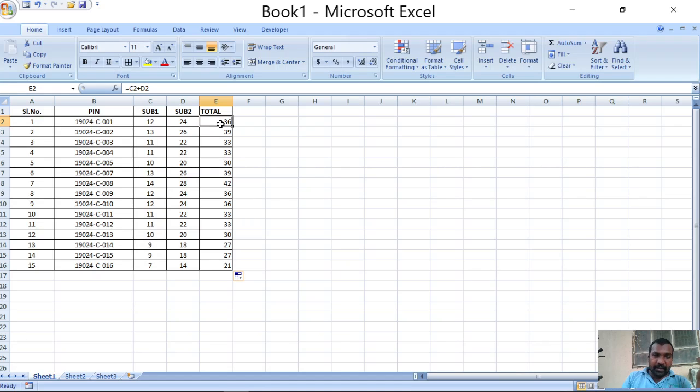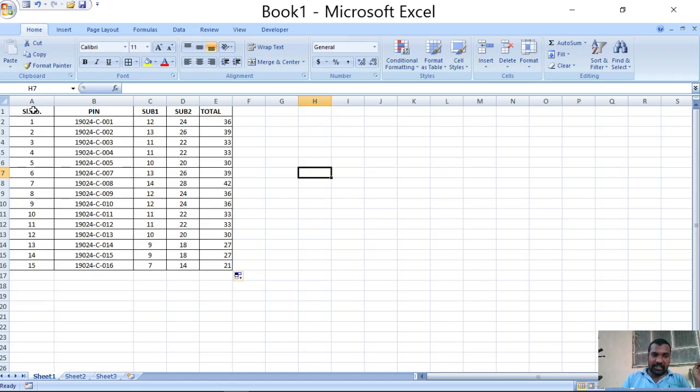At the time of applying the formula, the reference addresses of those cells are filled like a series. If it is A1, then it switches to A2, A3, A4 and so on.